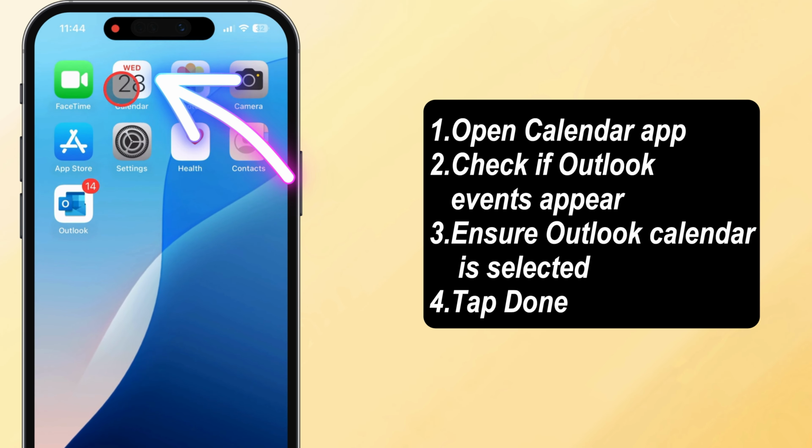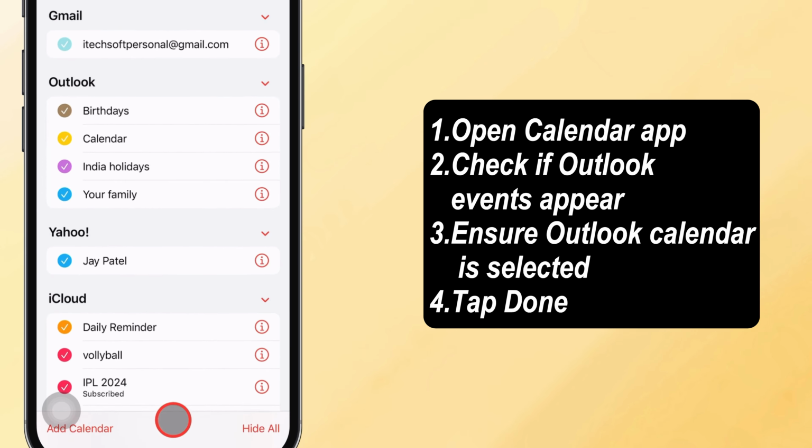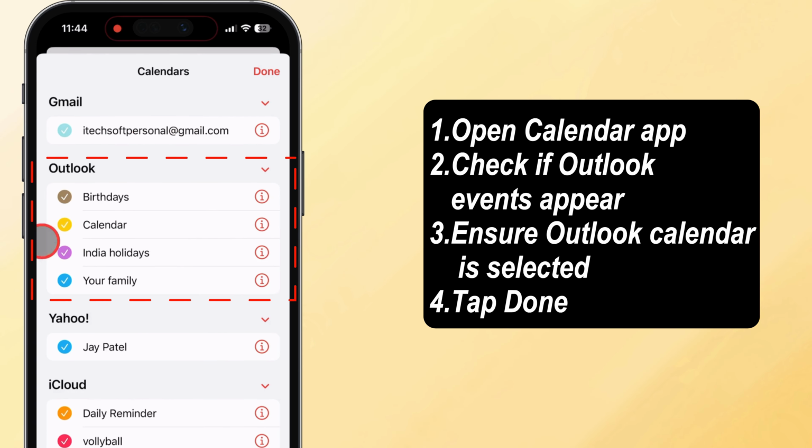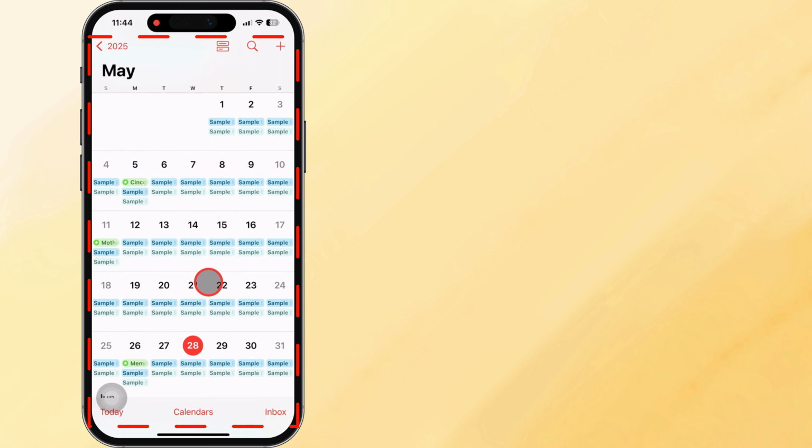Now, open your calendar app. Your Outlook calendar events should start appearing under the calendars in just a few moments. Ensure Outlook calendar events are selected. If you don't see them immediately,